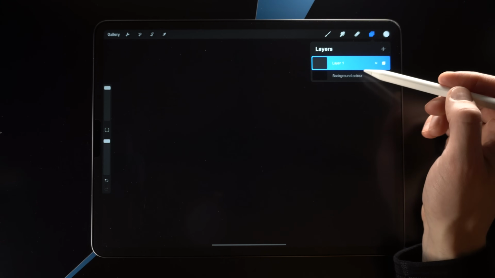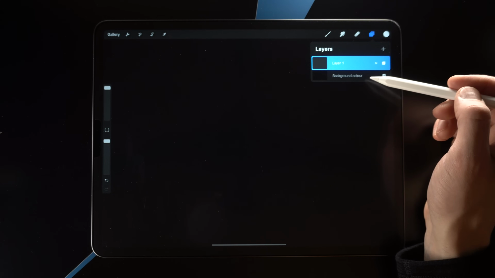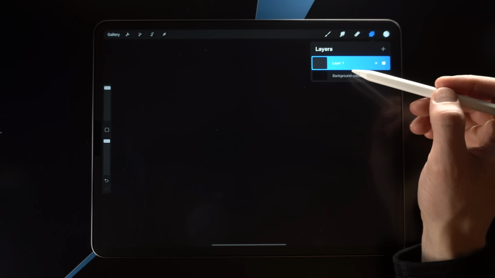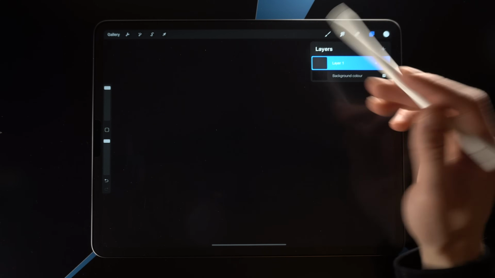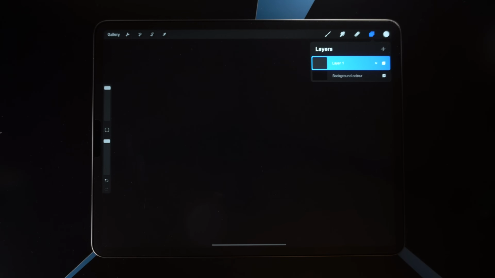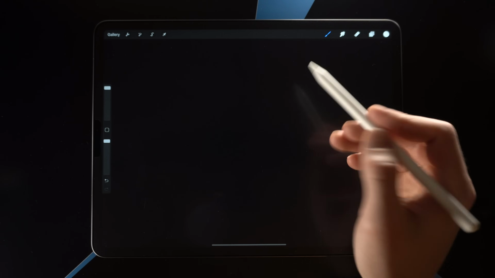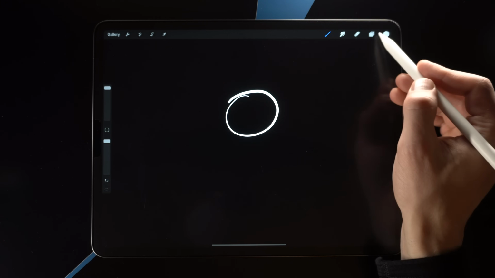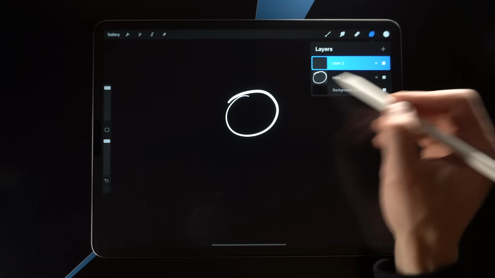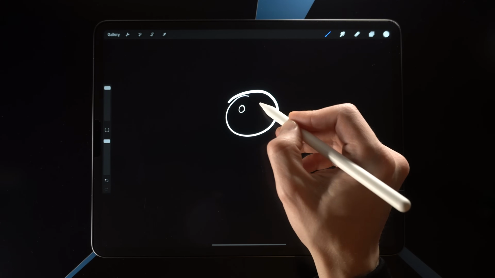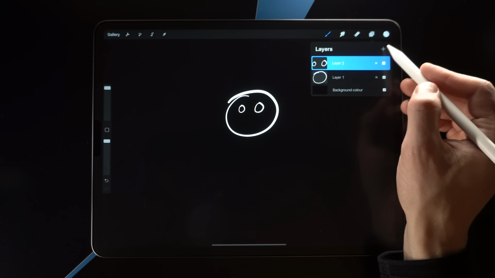Now, most of you are probably familiar with layers, but since this is a beginner's guide tutorial, I'm going to explain a little bit what layers are. You can think about layers as pieces of paper. So each paper will represent a specific section of the image. So you can create, for example, the head of a particular character on one layer, and then you can create